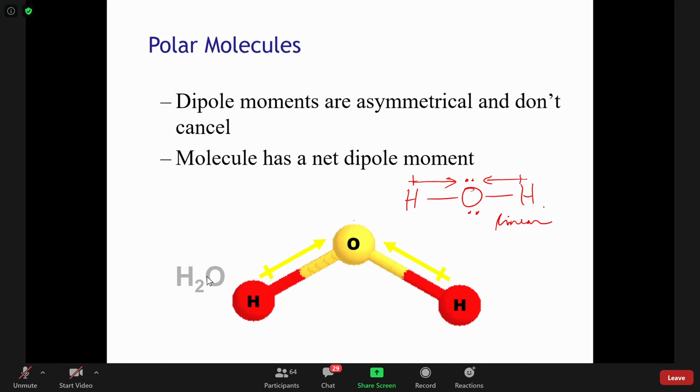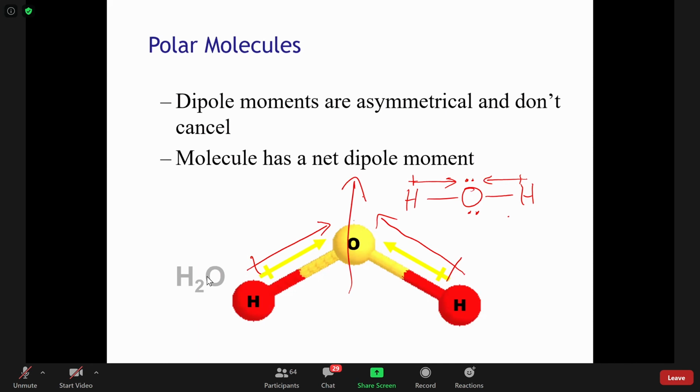But it's not linear. I've gone to some lengths today to convince you that because of these lone pairs here and here, water is actually, in terms of its molecular geometry, a bent molecule. These are forcing these bonds down, right? And we have an overall tetrahedral geometry. So in fact, if we think of how the dipole moments are going to work here, they're actually going to reinforce one another. And if we sum these two vectors, we're going to get an overall net dipole moment